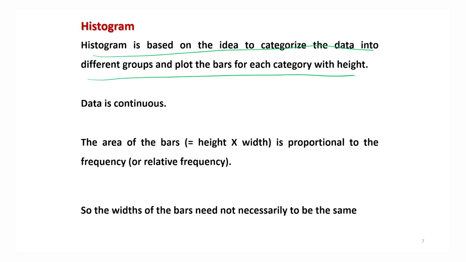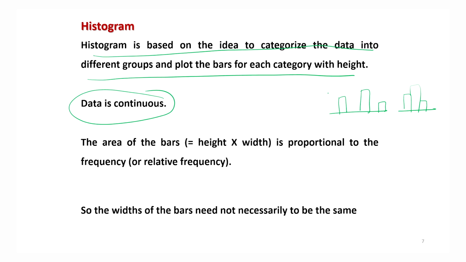Now, what is the difference between bar plot and histogram? Both are going to give you here the bars. For example, bar plot will give like this and histogram will give like this. They will be adjacent bars because the data has to be continuous. Now, if you remember what I told you, that the height of the bars in the bar plot is proportional to the frequency or absolute frequency.